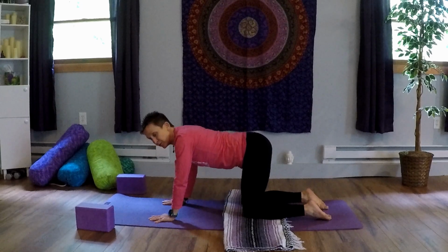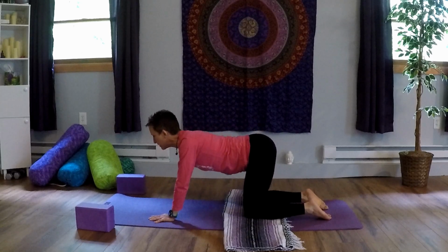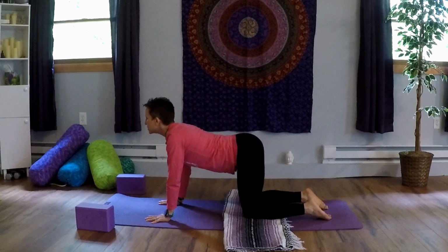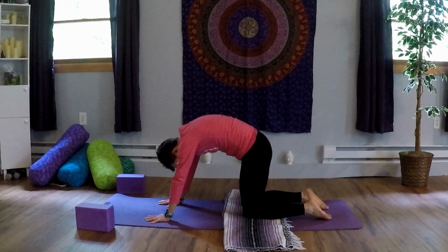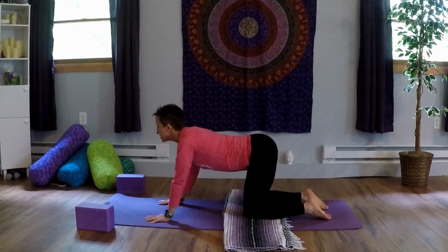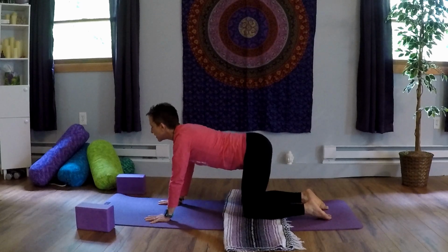And we'll start to inhale, lifting the tailbone. So as we lift the tailbone, noticing that the belly drops, and we'll extend the heart forward, pushing that floor away from us as we come into cow pose. Exhaling, now we'll draw the tailbone down, lifting the belly button into the spine and bringing chin to the chest into cat. Inhaling, starting down at the base of the spine, coming forward into cow. Exhaling,